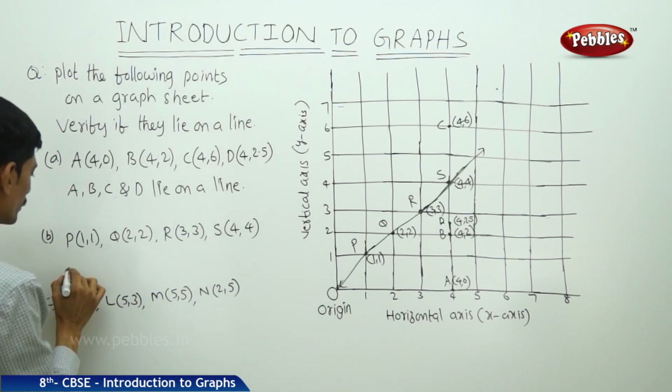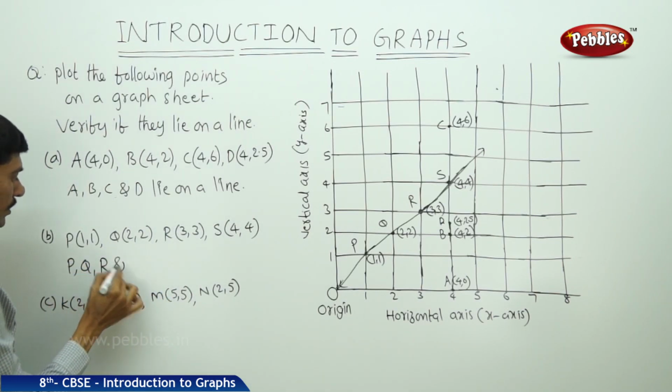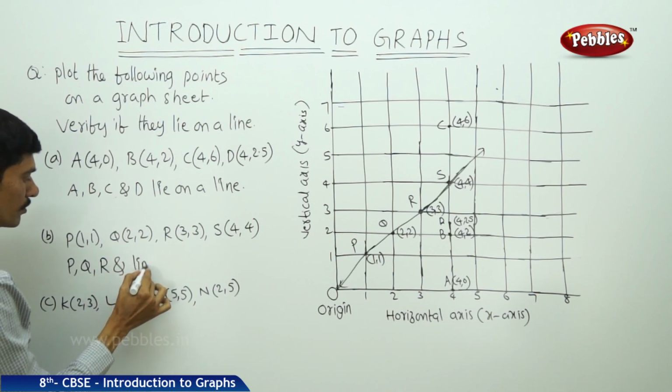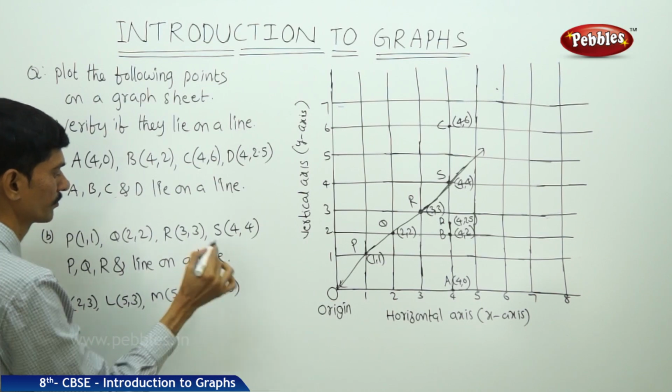So we can write that points P, Q, R and S lie on a line. Next,